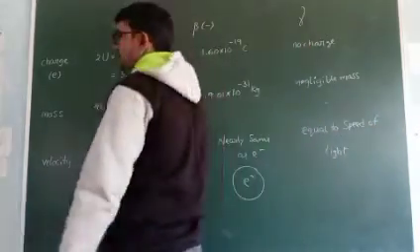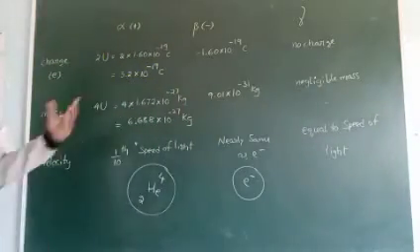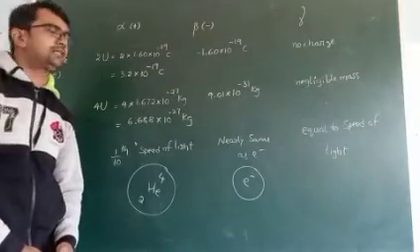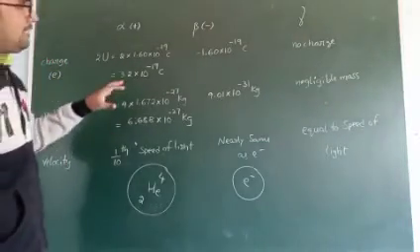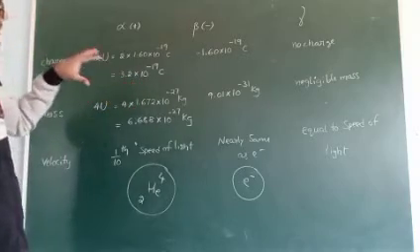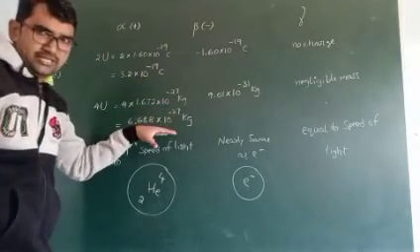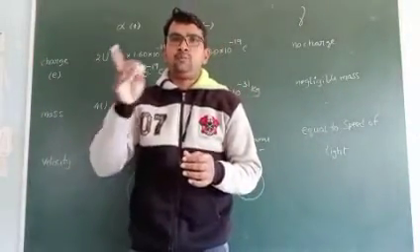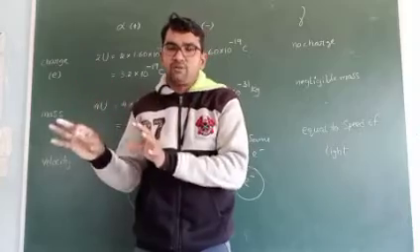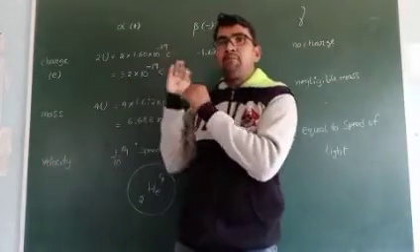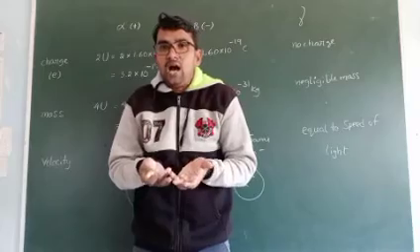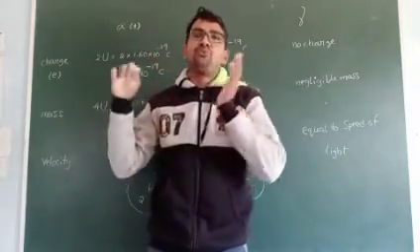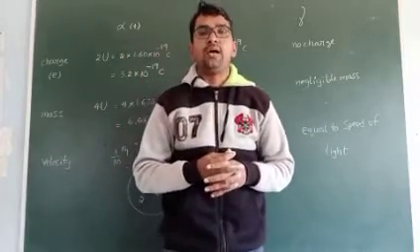But remember, gamma rays are also obtained another way, as electromagnetic radiations. We will discuss that later. We can obtain these rays from radioactive substances. So here it is very clear: electron, proton, neutron are three fundamental particles. Alpha, beta, gamma are obtained from radioactive substances, and these three are very active radiations.